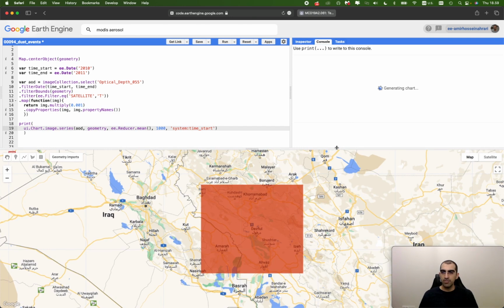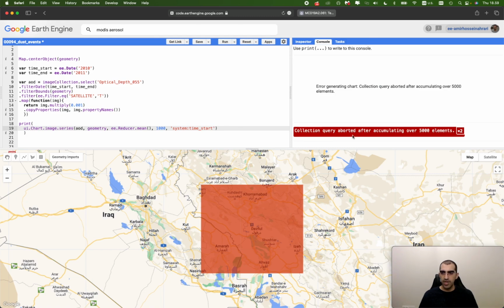After a few moments you will have a chart that shows the AOD variations for the region of interest. Waiting for a moment. So here, as you can see, we have more than 5,000 elements,